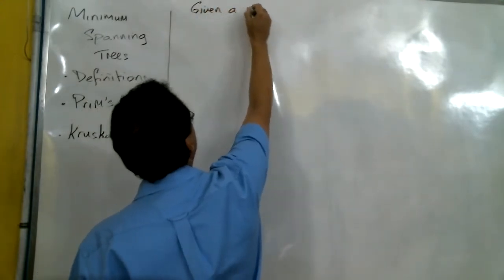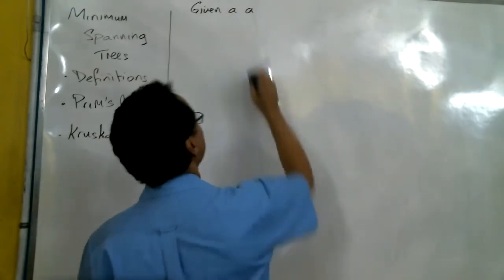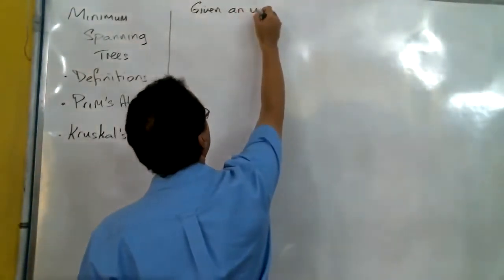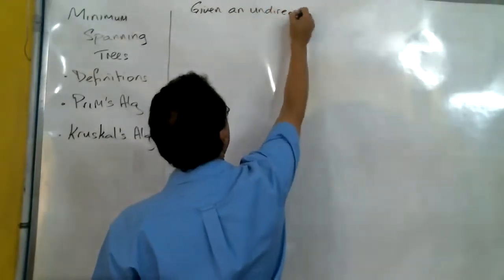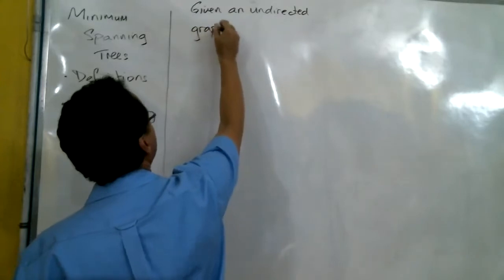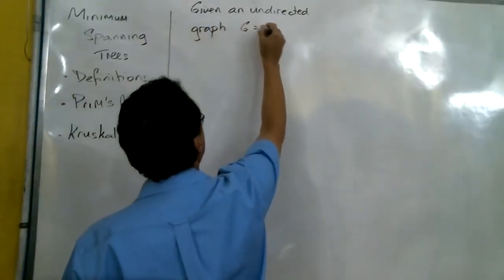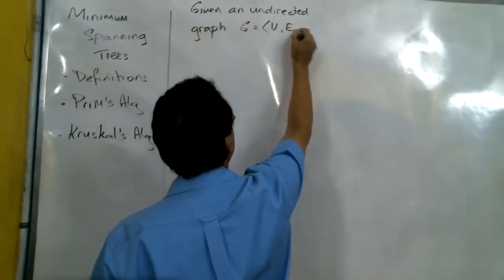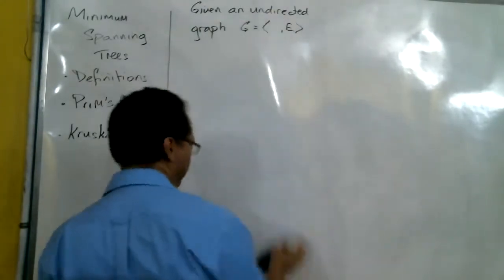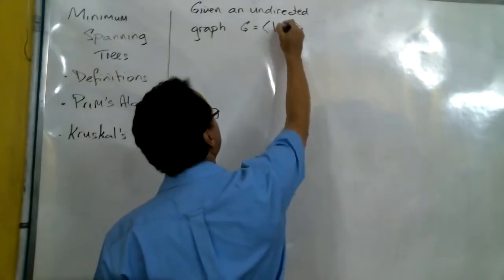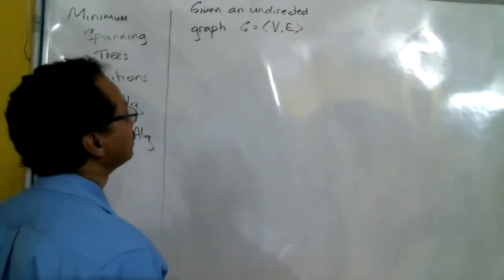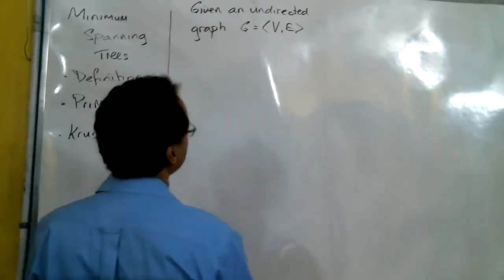Given a graph, and it must be an undirected graph. If you have a directed graph, you can't normally talk about a minimum spanning tree, not in the normal sense of the word. All right, so given an undirected graph,